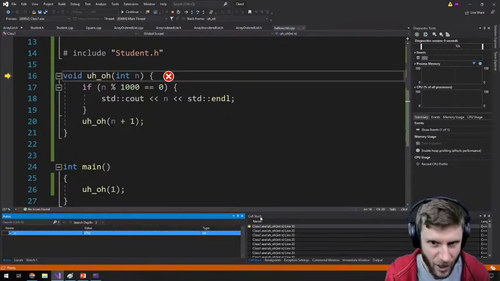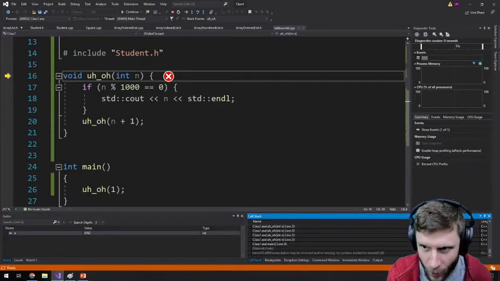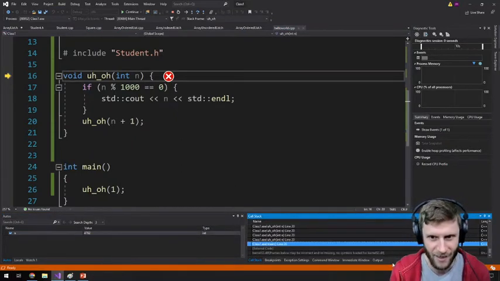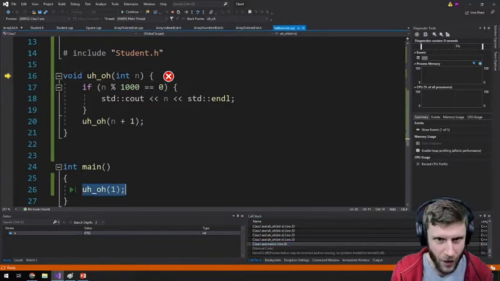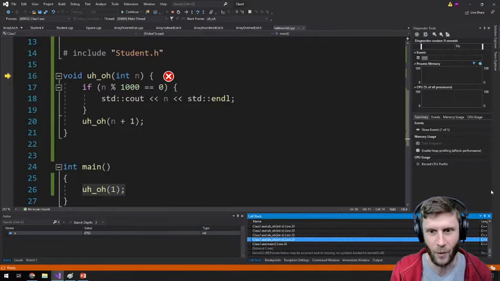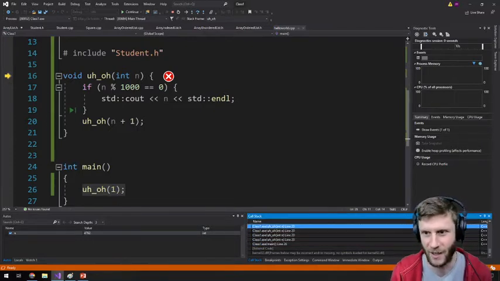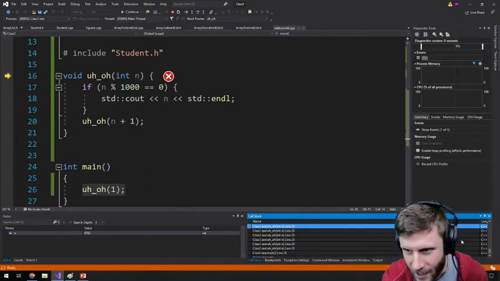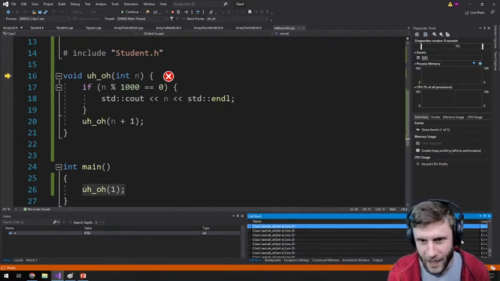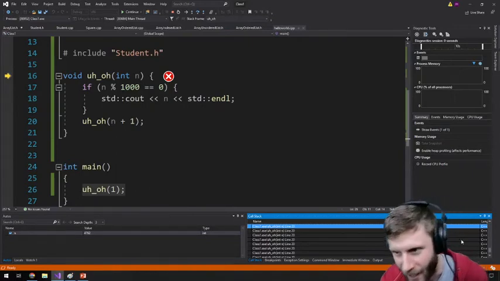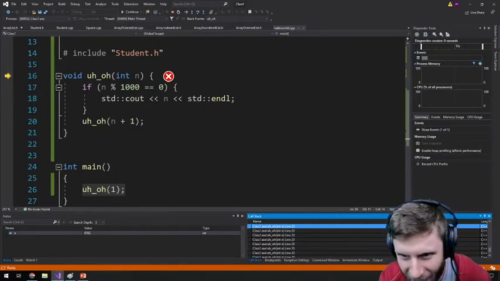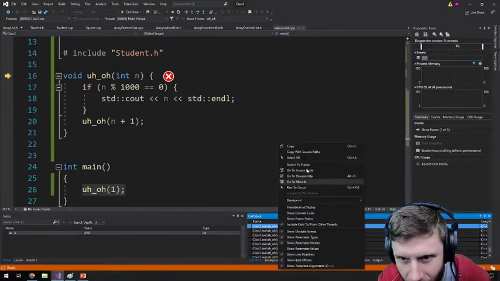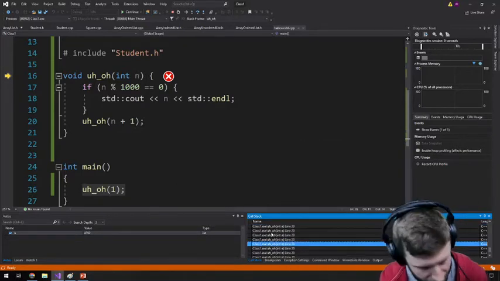But look, here's my call stack. If I go all the way down to the bottom, we call main. Then on line 26, right here, we call the function uh-oh. So there, we go in there. And then on line 20, we call uh-oh, and then uh-oh, and then uh-oh, and then uh-oh. It's probably hard to see, but I'm scrolling up currently, and look how slow. Can I copy everything?